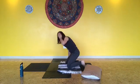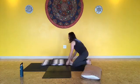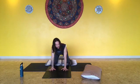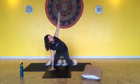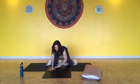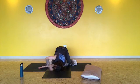Now to turn back to face you, the next thing we'll do from tabletop is called thread the needle. So we'll start this with our right hand. You sit in tabletop, left hand is under your shoulder. On an inhale, reach your right arm to the side of the room or twist all the way open in space. And then on an exhale, we'll dive the right arm underneath the left, finding length out through the arm,